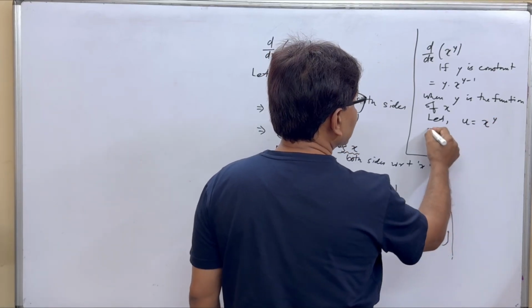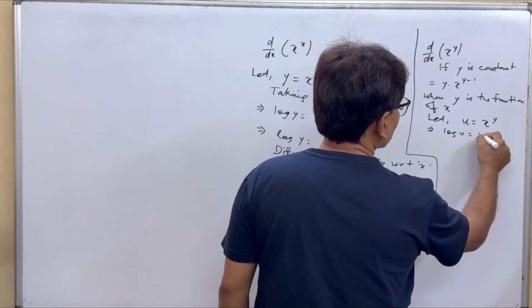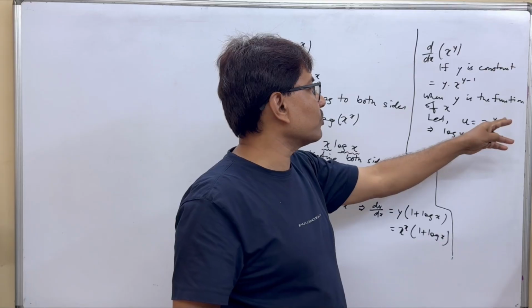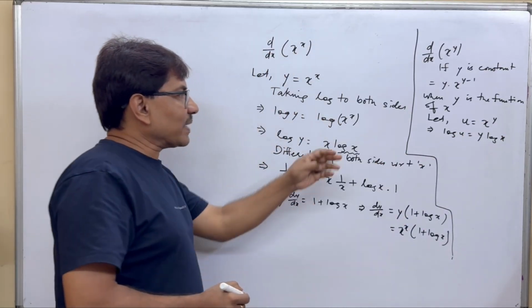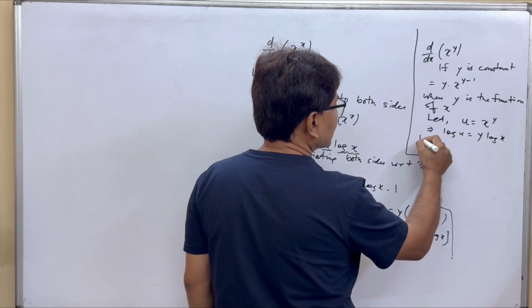Taking log on both sides, log u equals y log x, because log of x to the power y means y log x. This part is clear. Now differentiating both sides